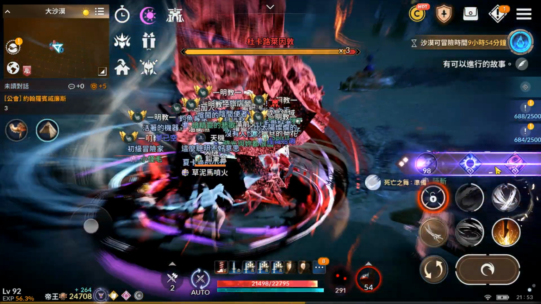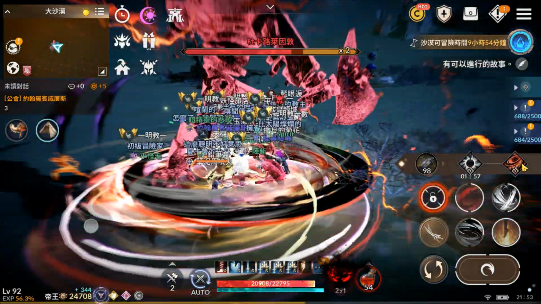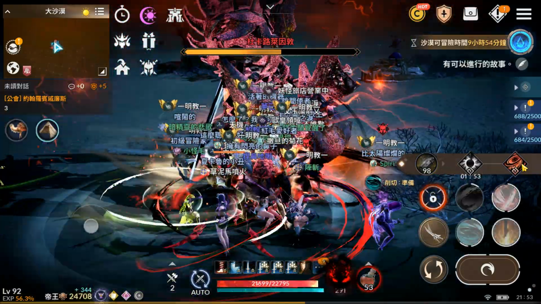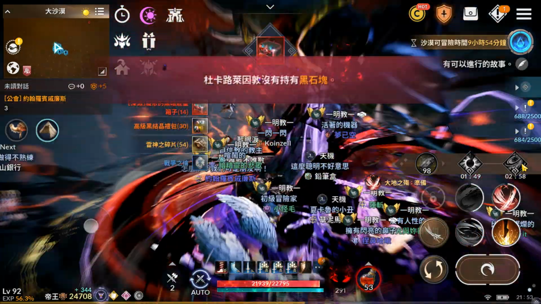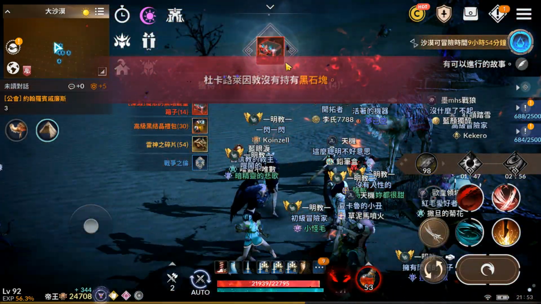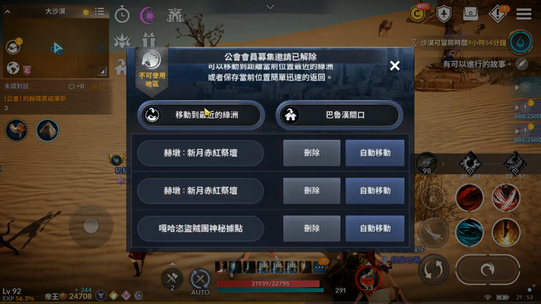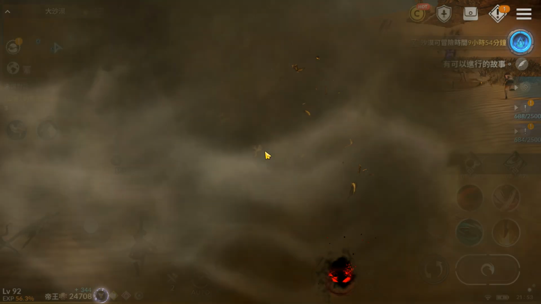Okay, if you manage to get the last hit on the boss, you get a discovery reward if he has the Black Rock Shrine Stone. Oh my god, so tough. So this message tells you that he doesn't have the Black Rock, so there's no Black Rock Shrine being activated here. So from here,